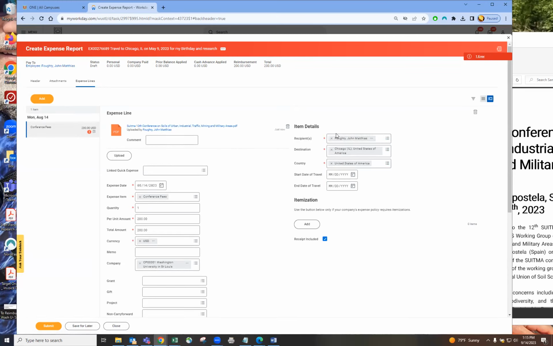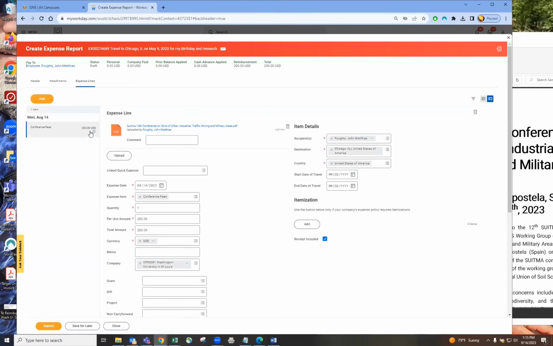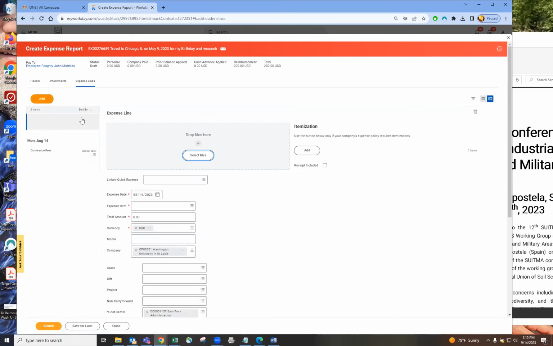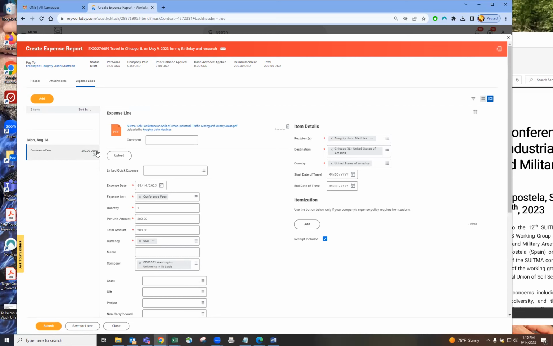And these are the only 3 required fields here. You do not need to fill in the start or end date of travel. Those are not required since we entered those on the header memo. So now we update here. That gets rid of that red hard stop warning, and we're going to add a new receipt. So actually, I'm sorry, before we go to a new receipt, I did want to show you that if we had a meal at this, which I'm going to show you a social meal here in a second,